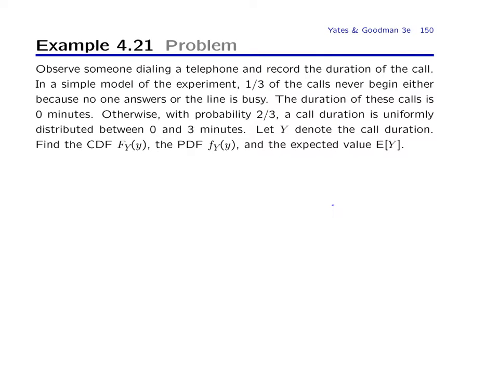So you observe someone dialing a phone and record the duration of the call. And there's two possibilities. One third of the calls never begin, maybe because no one answers or the line is busy. And in this case, the duration is 0 minutes. Otherwise, with probability two-thirds, a call is uniformly distributed between 0 and 3 minutes. So if we let A denote the event that the call is answered,